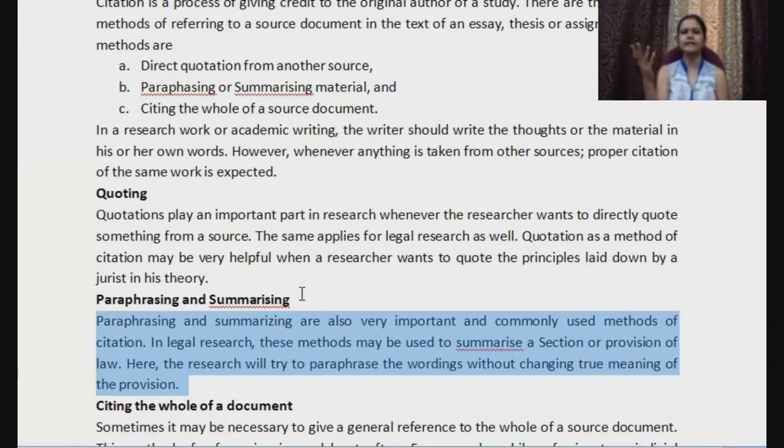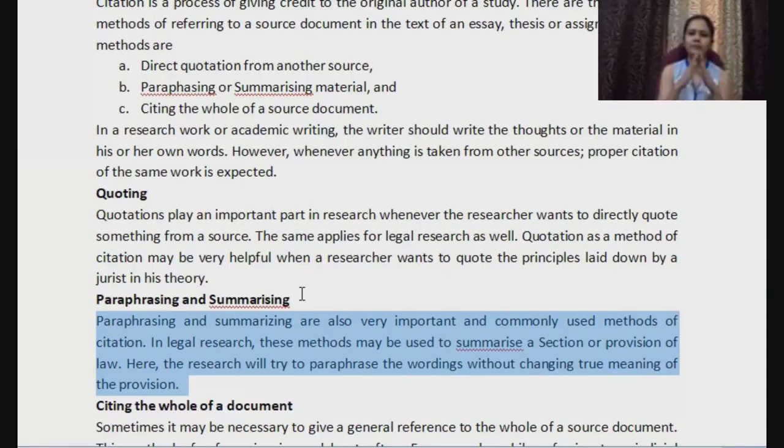Like Gandhiji said, hate sin, not the sinner. Whatever that sentence is, we would get it within quotes. That means whatever the person had said, exactly we are mentioning that. That is why it is within quotes always. So that is quotation. When you are writing an assignment, a research paper or a thesis, you can quote someone else's work exactly as it is. Maybe you can write one entire paragraph.